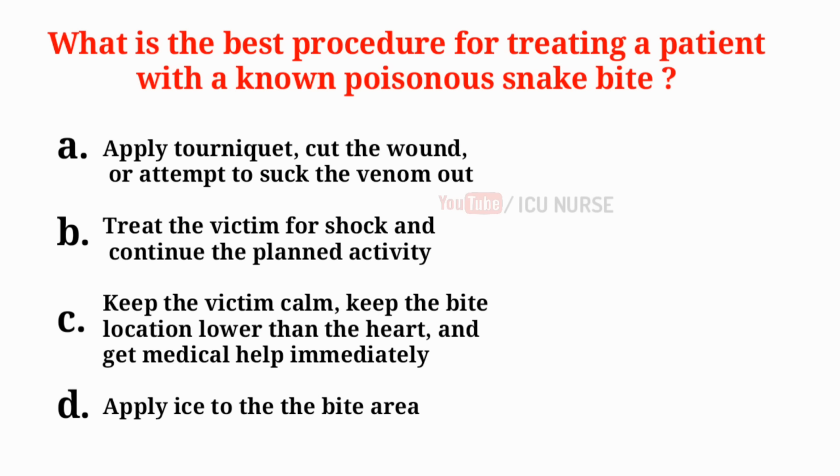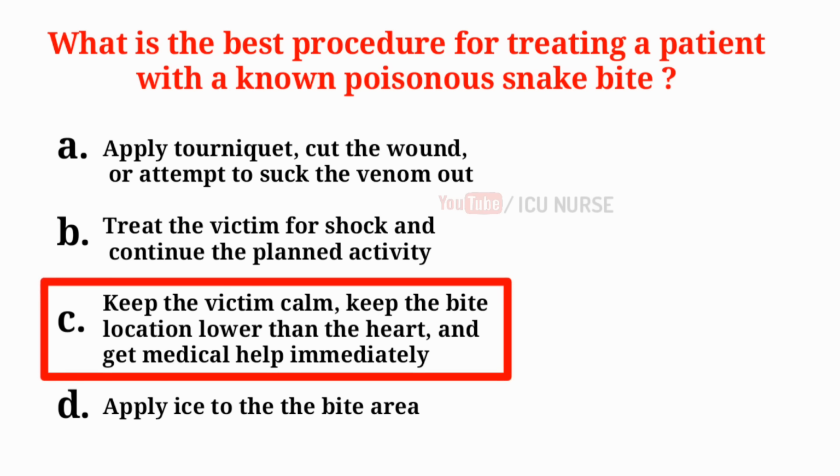C. Keep the victim calm, keep the bite location lower than the heart and get medical help immediately. D. Apply ice to the bite area. And the correct answer is